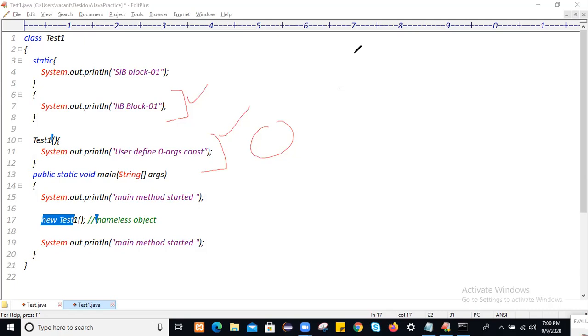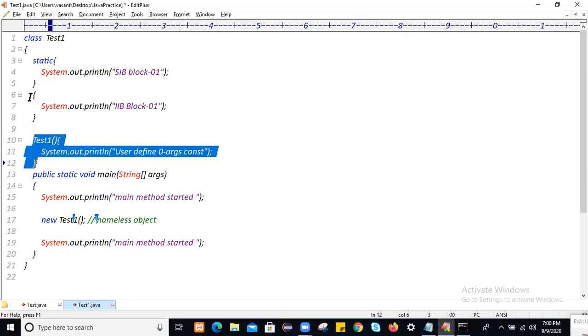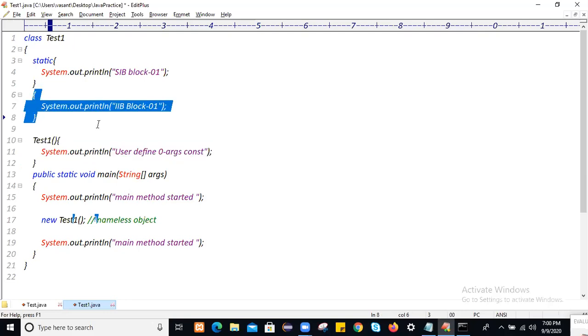So always remember that the static block logic execution, instance block logic execution, and constructor logic execution are all different. Instance block logic and constructor logic depend on object creation, but there is one slight difference between them. We have seen that difference in the instance block.